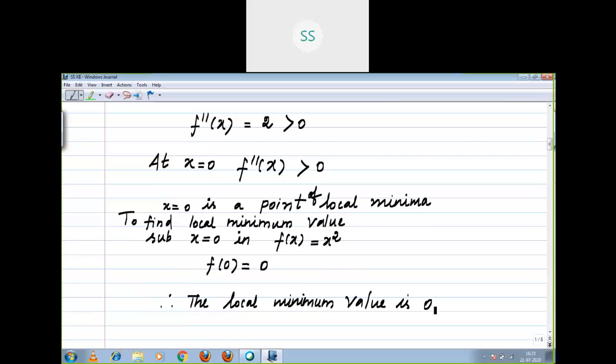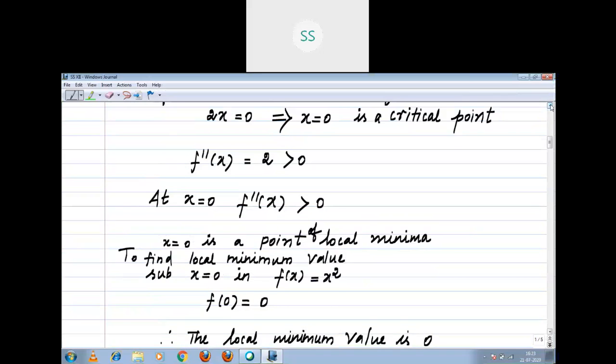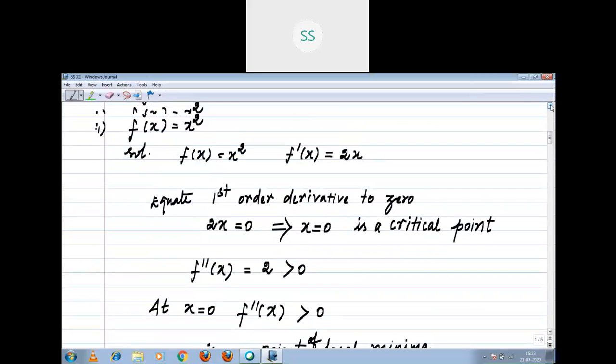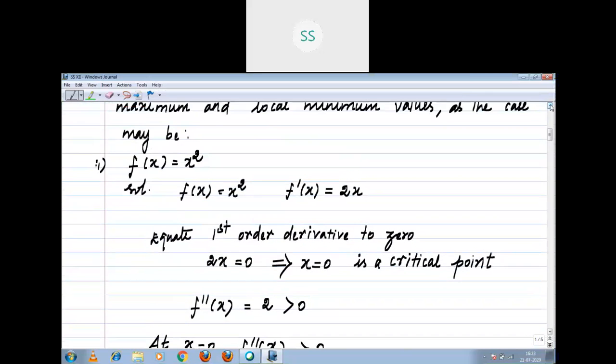Again, I repeat, children, you have to listen carefully. Local maxima, minima. Whatever it is I said, the first step you want to differentiate the given function. Second step, you are equating the derivative to 0. You arrive at one solution of x. Sometimes 1 or 2 also you can get. That we call a critical point. Then we pass on to the second order derivative.